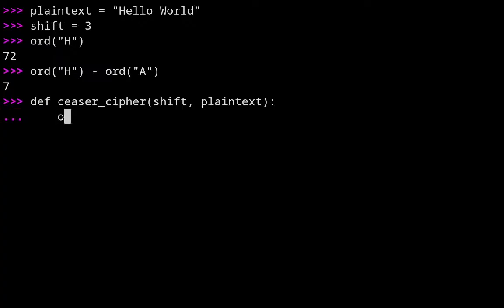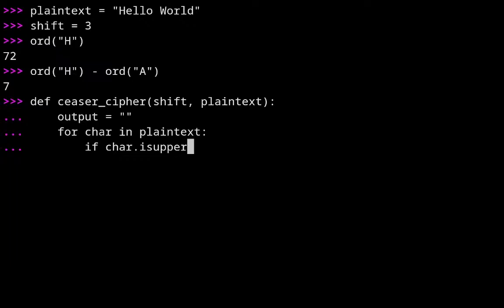So let's declare an output string for each character in plain text. We check if the character is uppercase or lowercase. And then if it is uppercase, we'll subtract the ASCII value of capital A from its ASCII value.